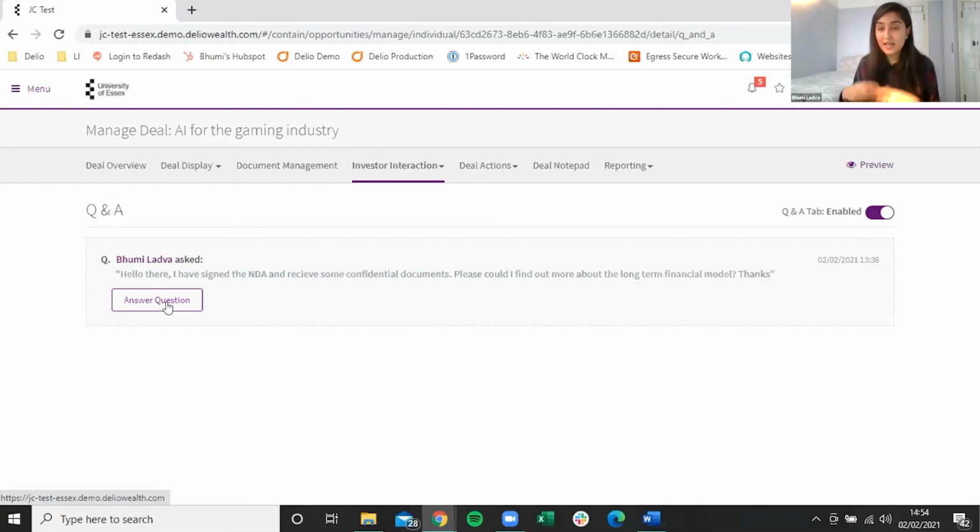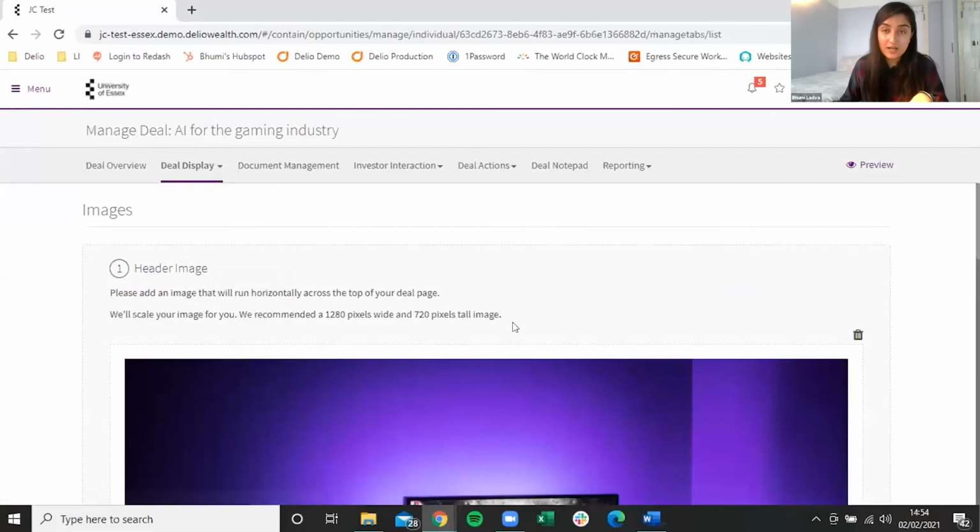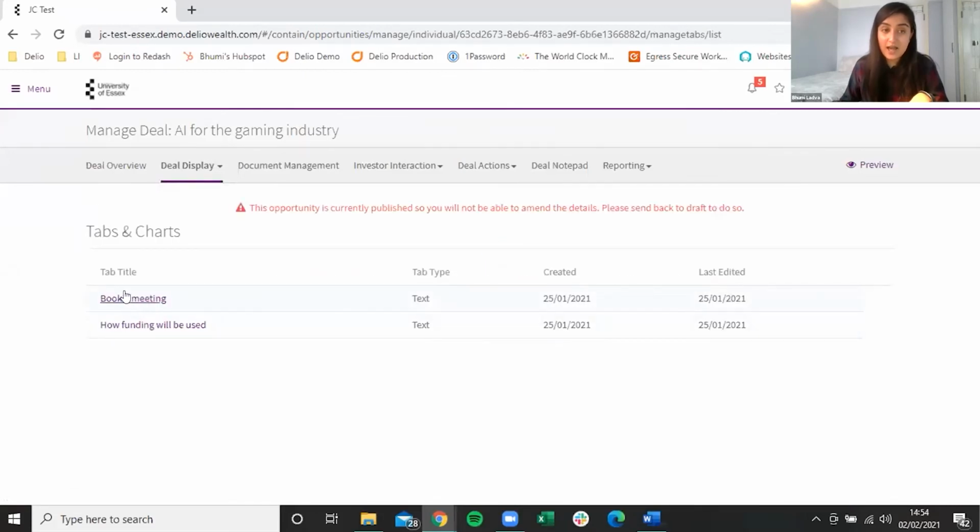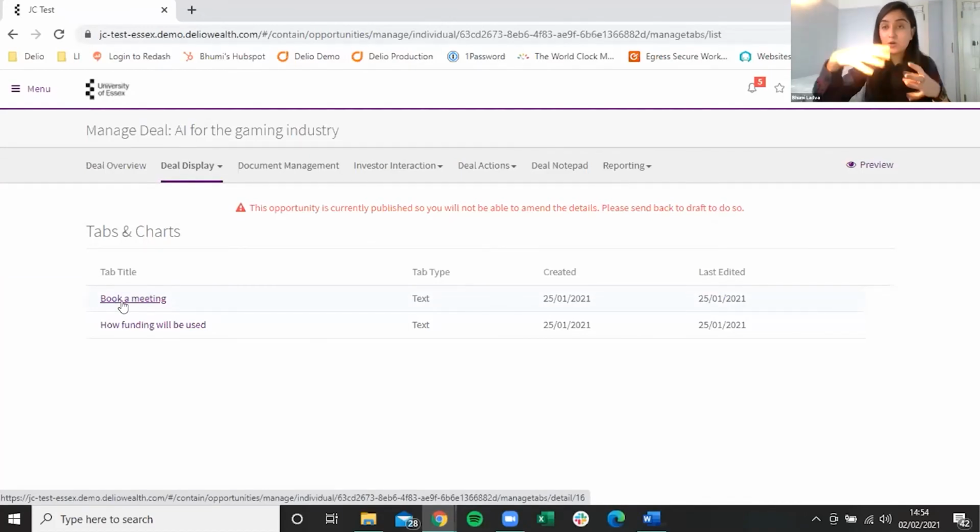Having tabs such as the Q&A tab, or a book meeting tab, which, if I go into custom tabs and charts, is literally just an extra tab here, allows investors to engage with you, communicate with you and contact you directly through the platform without the need for an email address and so on.